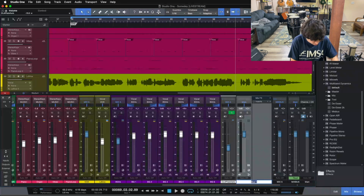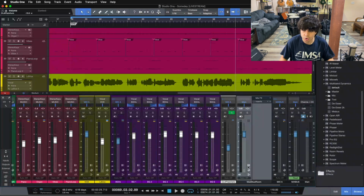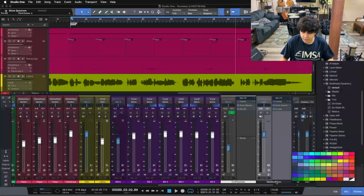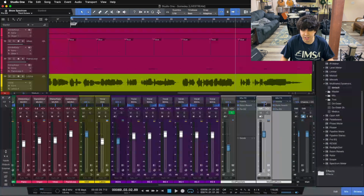Now, probably the use for this reverb that I would use most often next, following the plate reverb there, is probably the studio room reverb, or the medium studio room reverb. So I'm just going to copy this same preset right over. We'll color it white here, and if you'll notice, I like using the